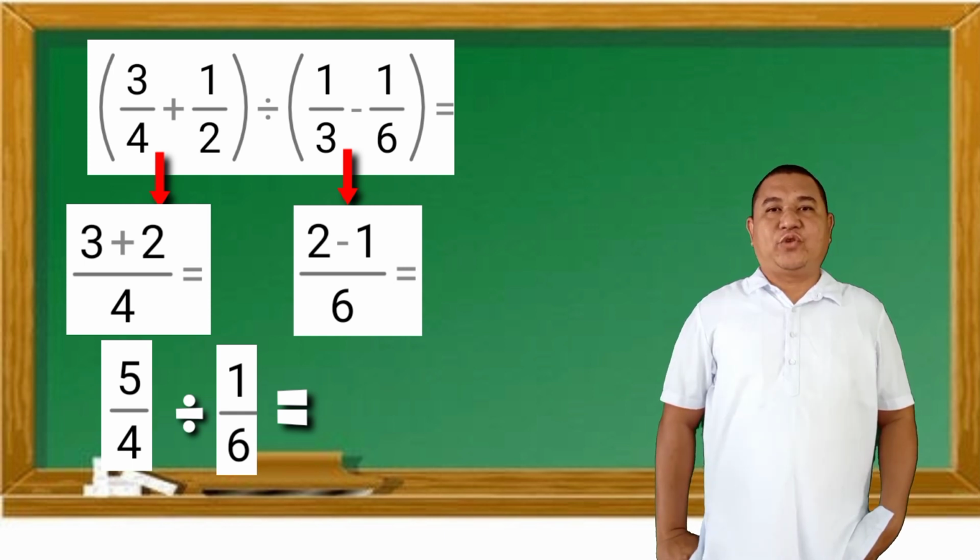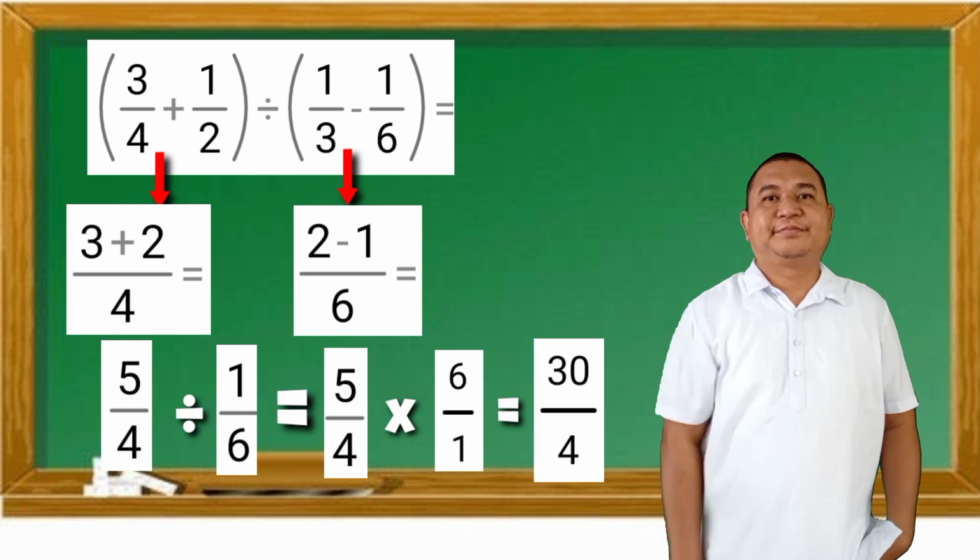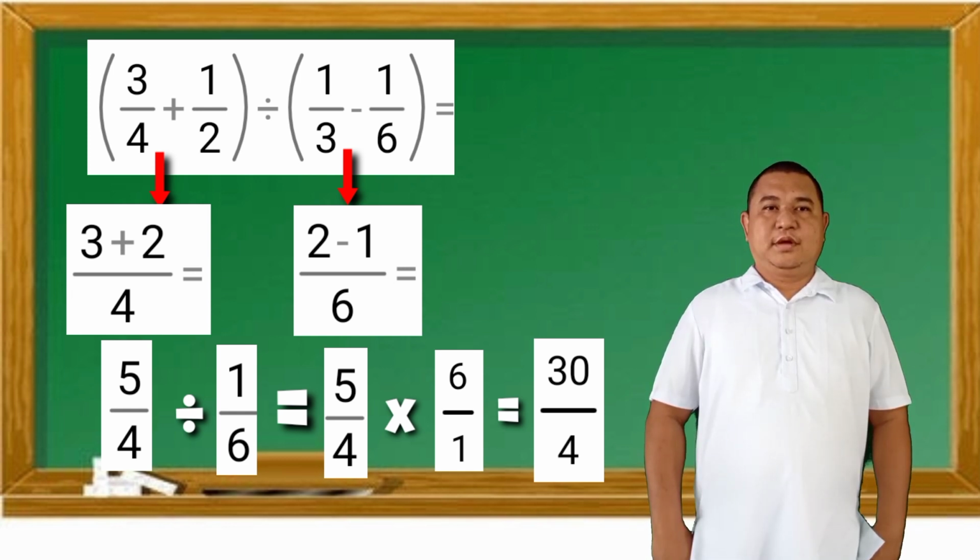You may now divide 5/4 and 1/6. Copy the dividend 5/4. Change the division sign to multiplication sign. Then change the divisor 1/6 to its reciprocal, which is 6/1. Now, perform the multiplication process. Multiply the numerators 5 and 6. The product is 30. Multiply the denominators 4 and 1. The product is 4. So, the answer is